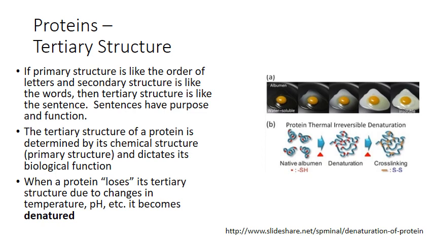So an example is if you have eggs and you're cooking eggs, you're just increasing the temperature. You take these coils of proteins that you had before when the egg was laid. As you heat it up, you denature these proteins, and you form a bunch of cross-links between different amino acids that have these sulfur molecules on the end. But what's important is that you took a water-soluble protein in the egg. So these are proteins that were dissolved in water, and as you heated it up, you denatured these proteins, and you formed an insoluble solid, something that's just not dissolved in water, like